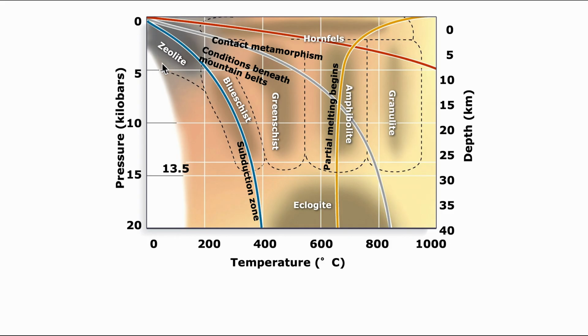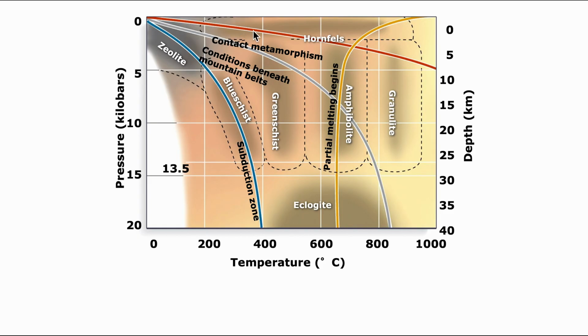ago. Again, zeolites, the weirdo minerals, are going to form here at low pressure, low temperature. If we go down into the subduction zone without increasing temperature much, we go through the blue schist phase. Alternatively, increased temperature, we go into the green schist phase, and increasing temperature and pressure further, amphibolite, and then into